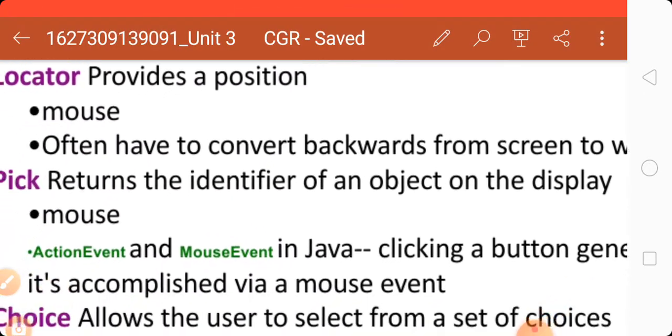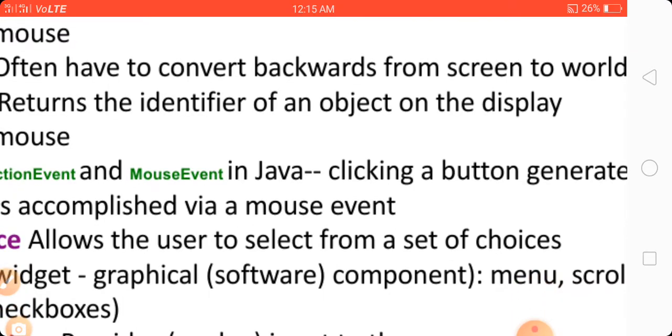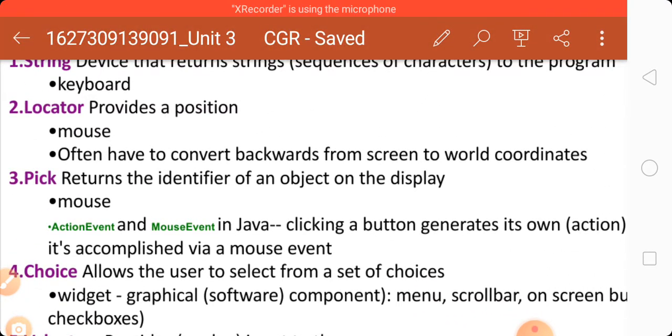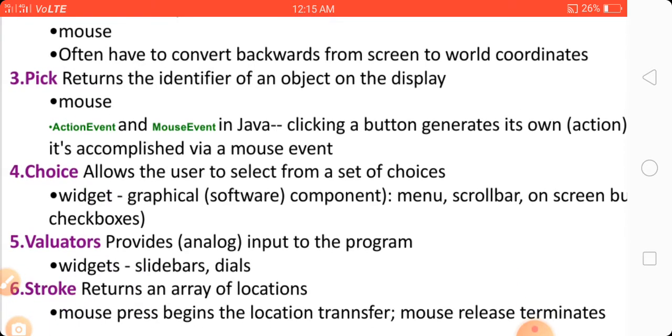Here are the action event and mouse event in Java. Clicking a button generates its own action event, while picking is accomplished via the mouse event. So pick returns the identifier of an object on the display through the mouse, and in Java there are two pick methods used: action event and mouse event.